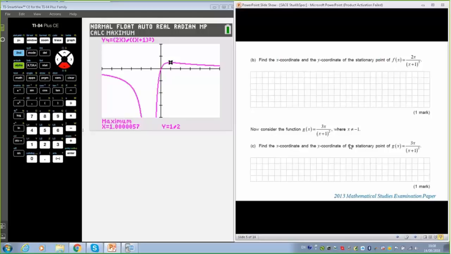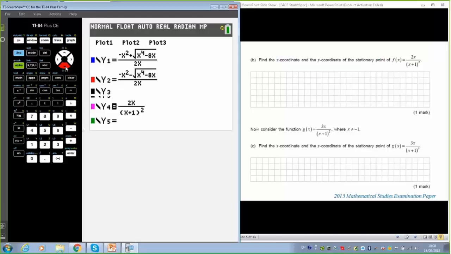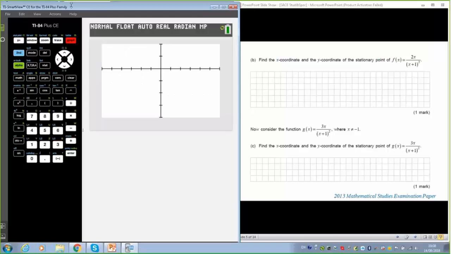And now consider this function. So it's slightly different, and find the x and y coordinates of their stationary point. Well, they could equally just go back into here. They could type it in again, or they could just amend this one and change the 2. And obviously this question is leading on to other things. If you want to look at this question later yourself, it's going on to other things. There it is there. And if we press graph now, we can see it's going to change some things and not change others. They're going to find the stationary point again, and away they go with that question. But again, it's only worth 1 mark.